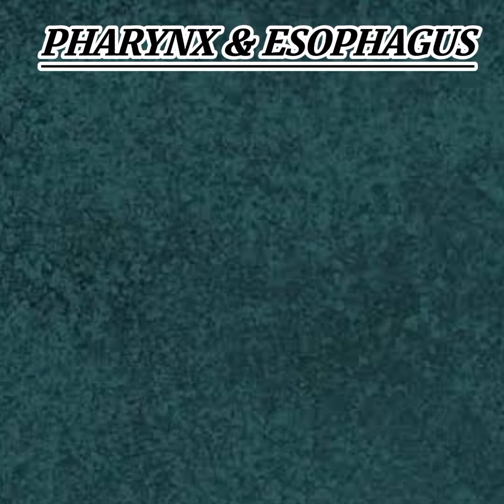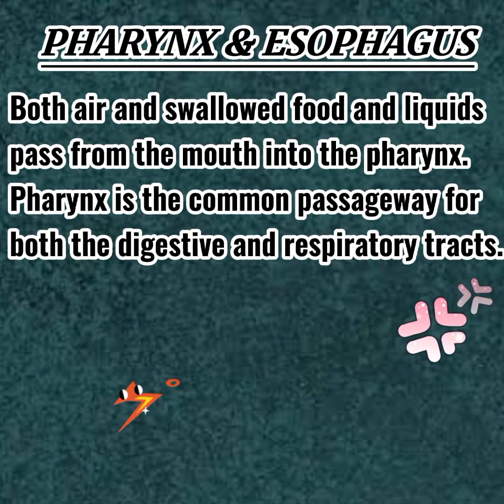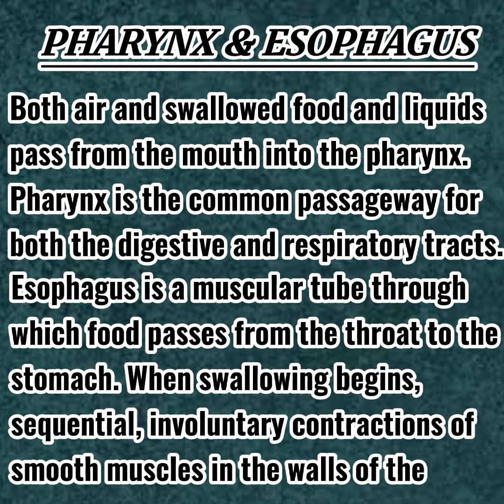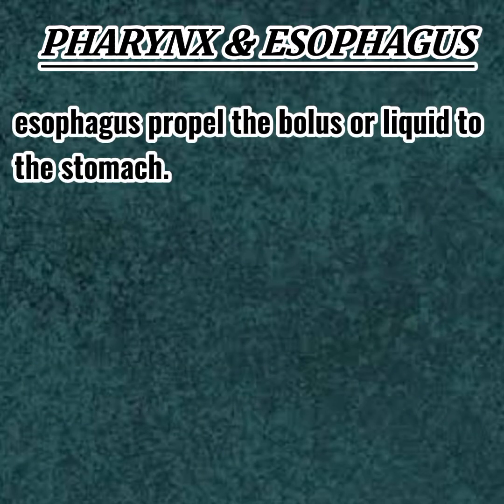Pharynx and esophagus. Both air and swallowed food and liquids pass from the mouth into the pharynx. The pharynx is the common passageway for both the digestive and respiratory tracts. The esophagus is a muscular tube through which food passes from the throat to the stomach. When swallowing begins, sequential, involuntary contractions of smooth muscles in the walls of the esophagus propel the bolus or liquid